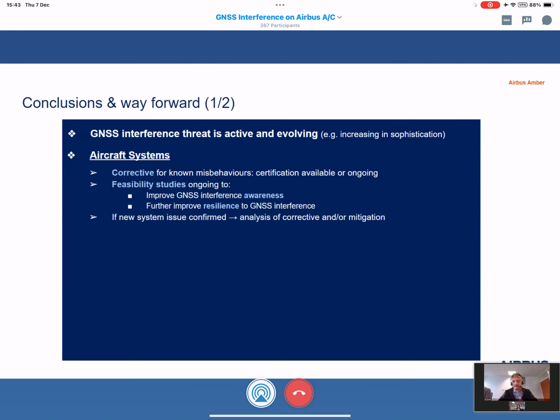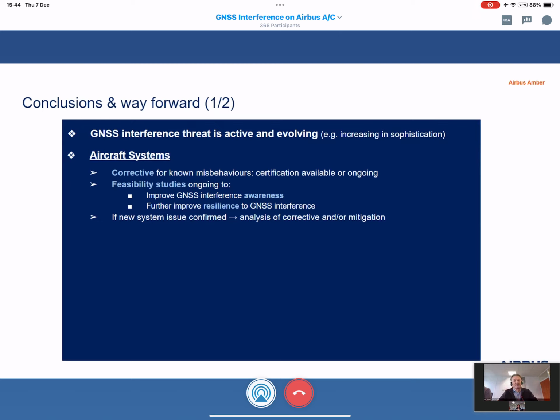So on our side, we're pushing hard our suppliers to decrease the delay for ongoing certification to make those technical solutions available for you as soon as possible. Of course, we have some feasibility studies ongoing to improve GNSS interference awareness, also to improve the resilience to GNSS interference.